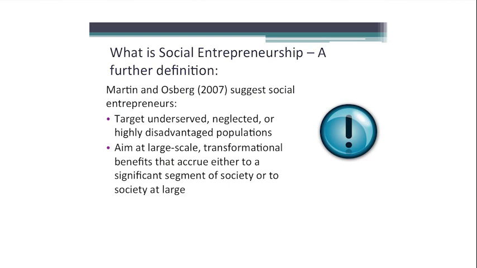Another definition that can be used is by Martin and Osberg, and they suggest that social entrepreneurs target unserved, neglected or highly disadvantaged populations. They aim at large-scale transformation benefits that accrue either to a significant segment of society or to society at large. So let's look at some of the principles of